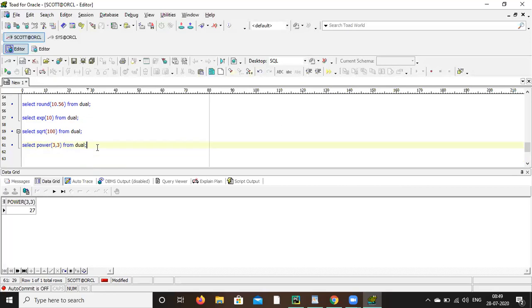Now MOD function. Select mod of 18, 2. Mod means modulus. It will give the remainder.